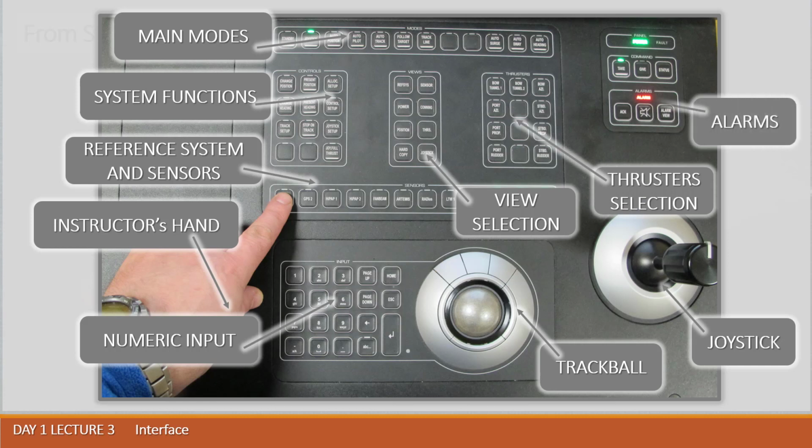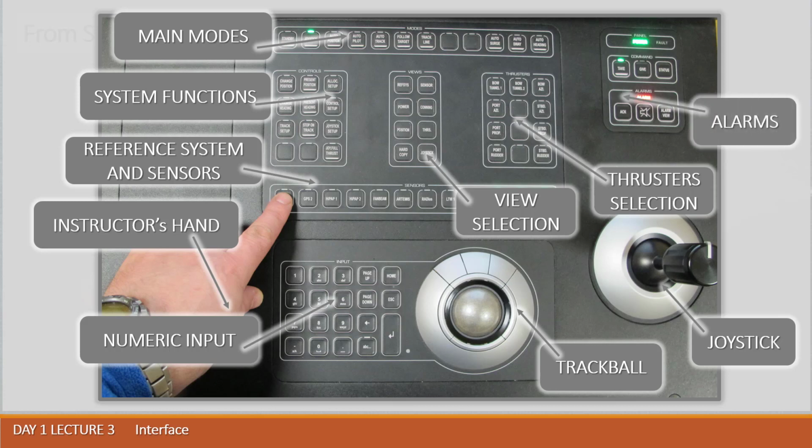Alarms and the message line are controlled with a group of buttons called alarms. If you press acknowledge, you may acknowledge the present alarm in the message line. If you press the button with the crossed loudspeaker, you may cancel the audio alarm. Alarm view leads you to the log of all available messages for your DP system.